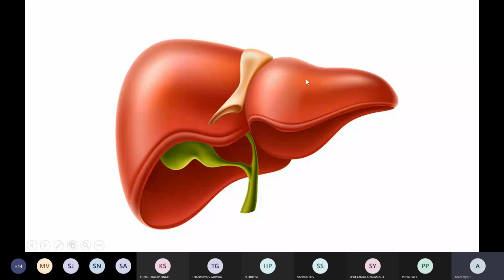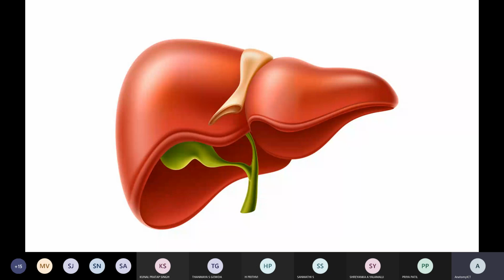Remember, before dividing this liver into two lobes, or into different quadrants, I would like to emphasize the support of the liver. This is very important, because of how the liver is guarded in the location we have discussed: the epigastric region, the abdominal cavity, or the 7th to 11th right hypochondriac region. How exactly is this liver held? For that reason we have divided the supports into two, primary and secondary. Please write down: the supports of the liver are primary supports and secondary supports.